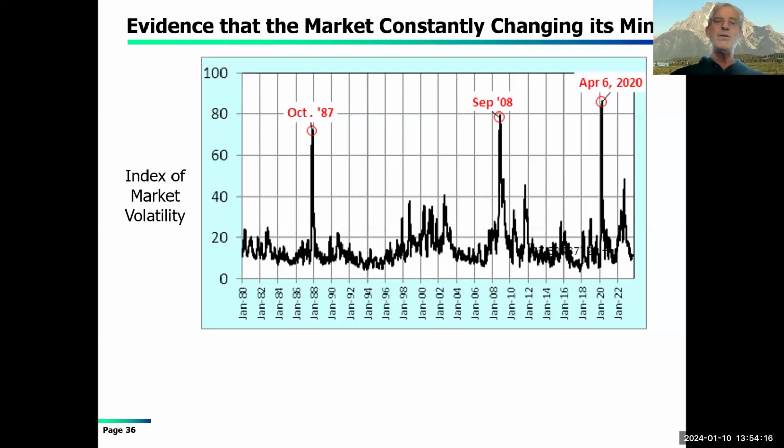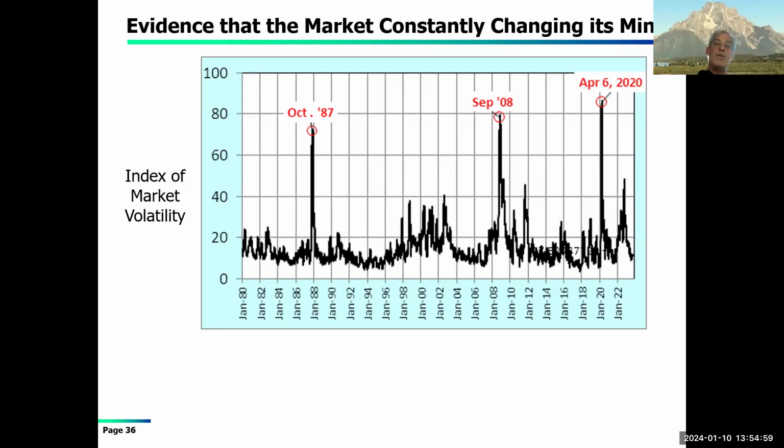And look at what those time frames were, the biggest increases. This is straight data. I'm doing nothing fancy other than getting the daily data from yahoo.com, downloading it, and doing the calculations for the volatility. October 87, that's the famous one in 1987, where the market dropped. September 2008, the Lehman Brothers bankruptcy, when the market dropped a huge amount. And when we went into the COVID crisis, the kind of volatility one saw in April 2008.